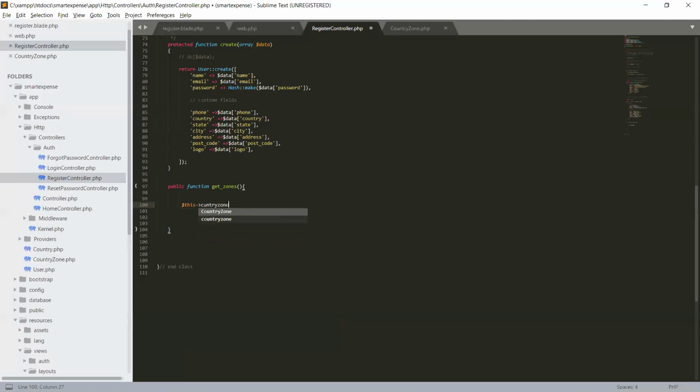A country zone will use a method zones, and we will keep it in a variable or array. So we will set it in an array data, and the name is zones.